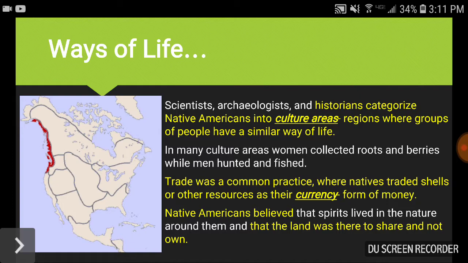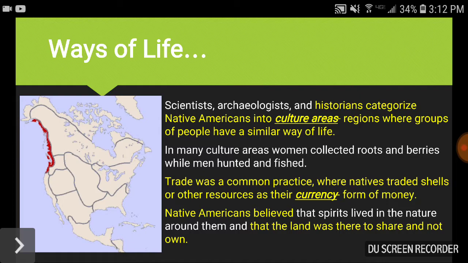If you are a historian, a sociologist, or a psychologist, you would look at a map and say, man, these individuals live in culture areas. So a culture area is where Native Americans or individuals have a very similar way of life. If you look on these maps where those gray lines are, they're blocking off culture areas where Native Americans living in those areas have very similar cultures or a very similar way of life.